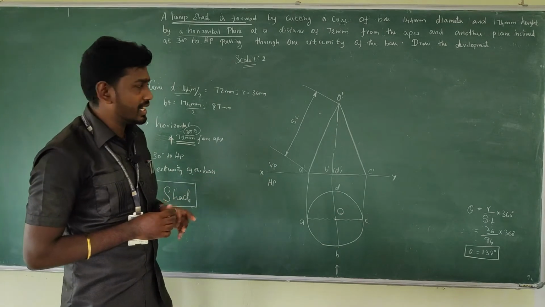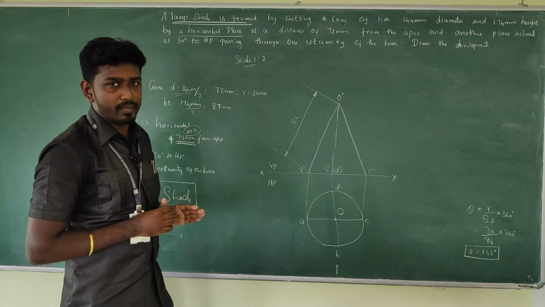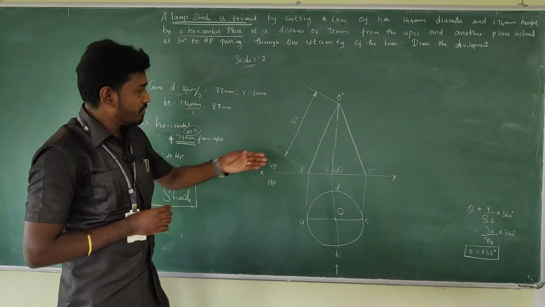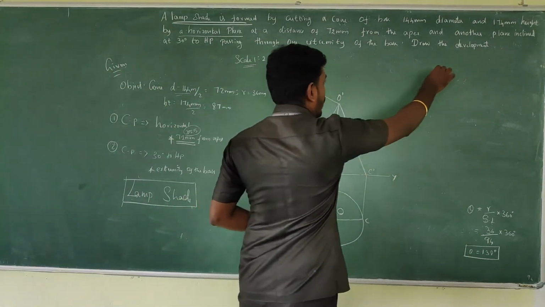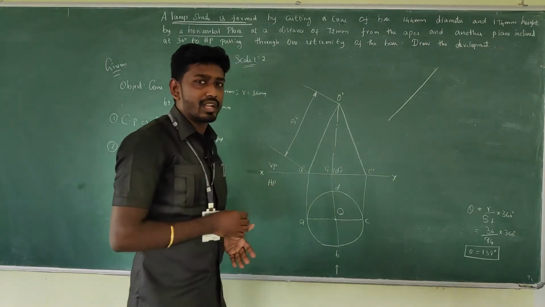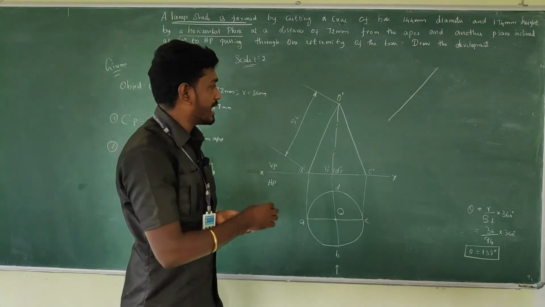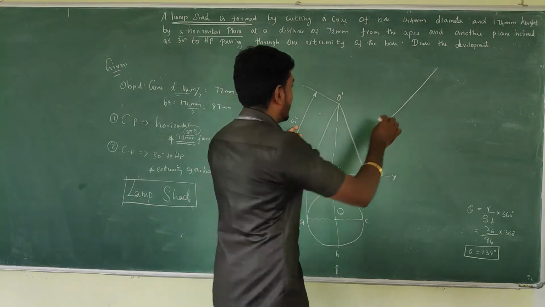First we need to initiate the slant length. The radial line should be done. Cone is based on the radial line method. First this radial line should be initiated. So just go for an inclined line, something like this. It's an unconditional line. It can be inclined or it can be a straight line. Just go for a line, but it should measure the slant length SL.